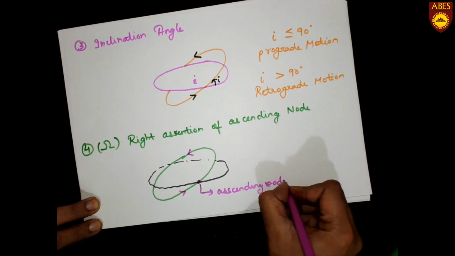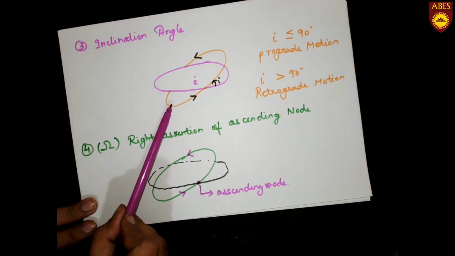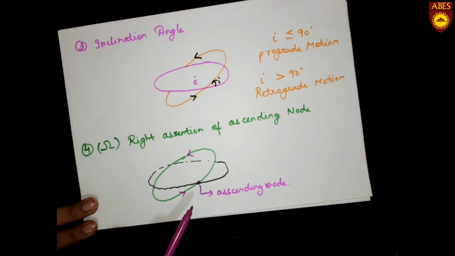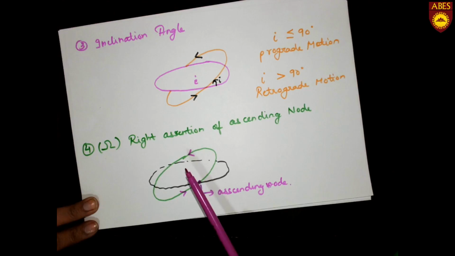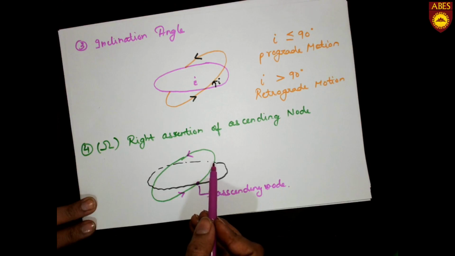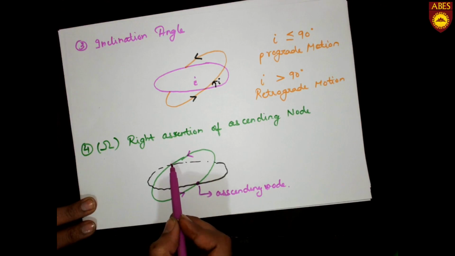We can also understand this concept through the inclination angle. The point where the inclination angle is formed is the ascending node. But the condition is that the ascending node comes when we are moving from south to north. There is also a concept of descending node. This is the first cut point. There is one point here also, but we will consider this to be the ascending node. Similarly here, this is the descending node.